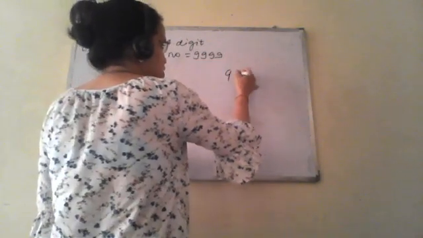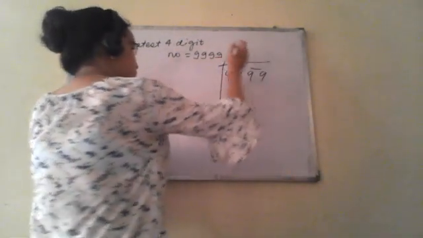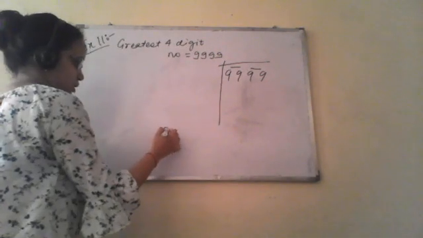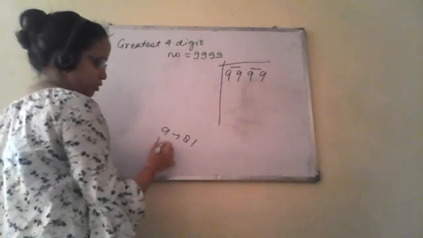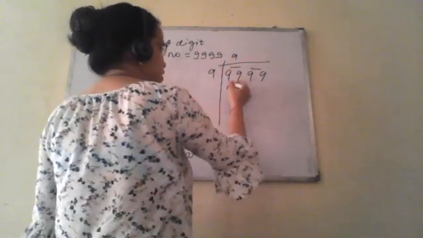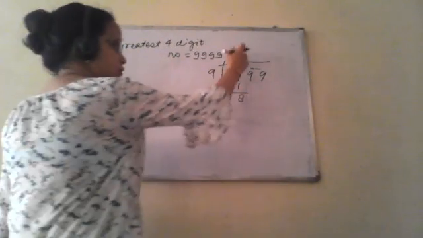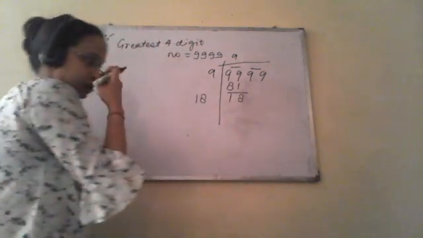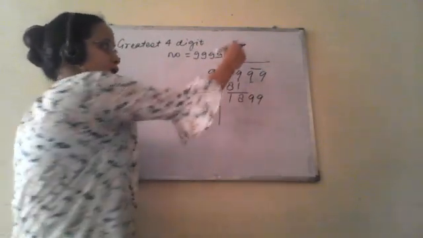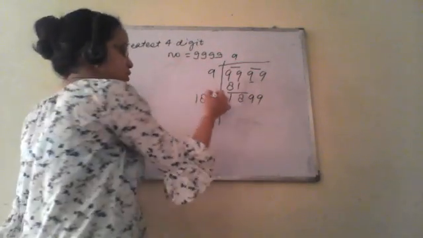We'll follow the division method. So we have to think of a number whose square is either equal to 99 or less than 99. So 9 square is 81, and if we go for 10 square it is 100. So we will not go with 10, we will go with 9. So 9 9s are 81. Now next we have to double the quotient, that is 18, and we have to bring down this 99 here. Now there is a blank, we have to fill this blank and the next digit of the quotient by the same digit.